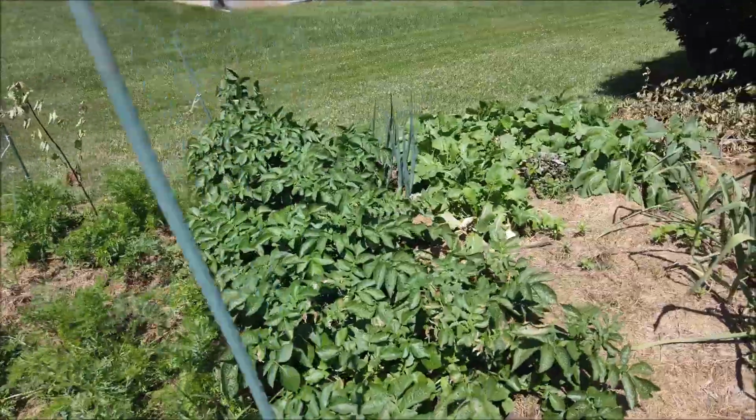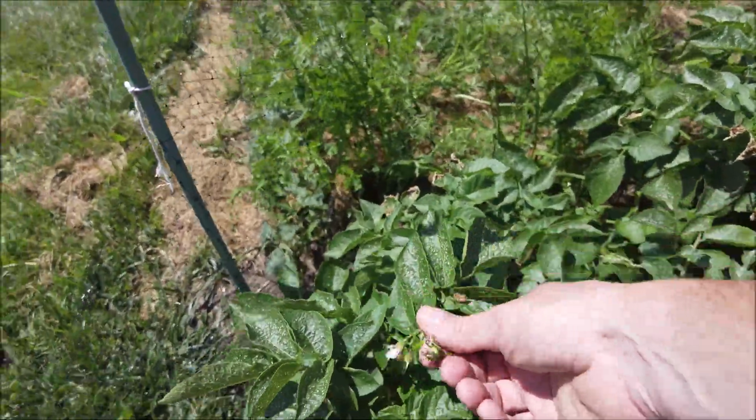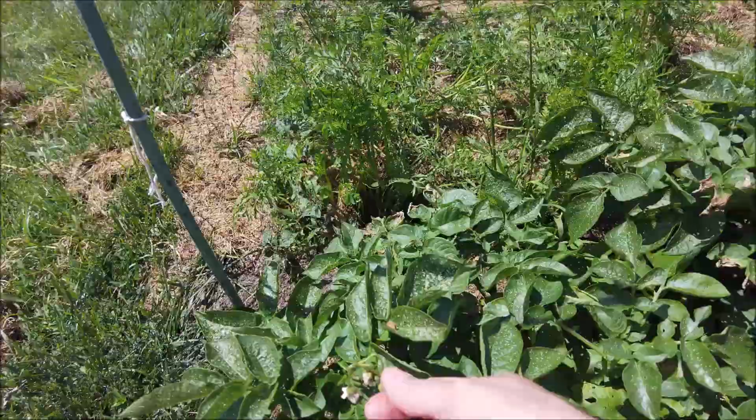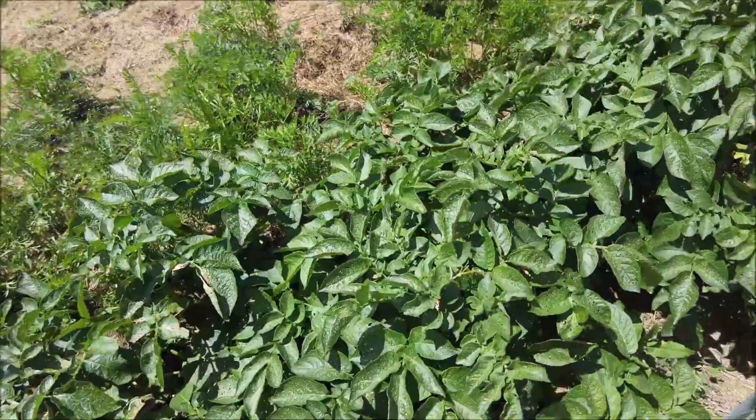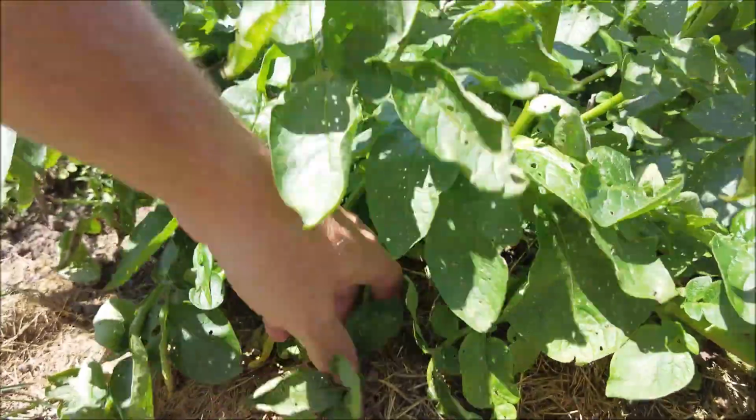The potatoes have gone to flower, and the flowers are actually dying. So, I don't know. I mean, maybe the potatoes are done. I don't know if I dig under here. I know there's a...